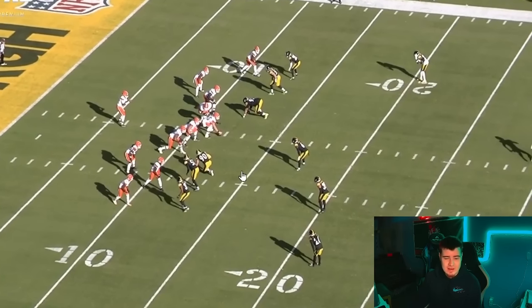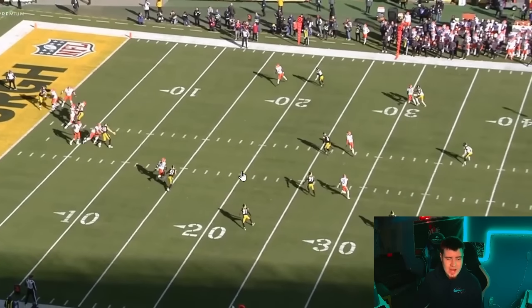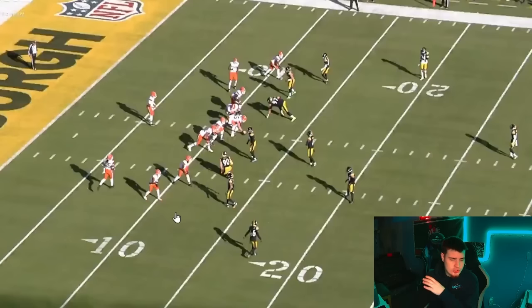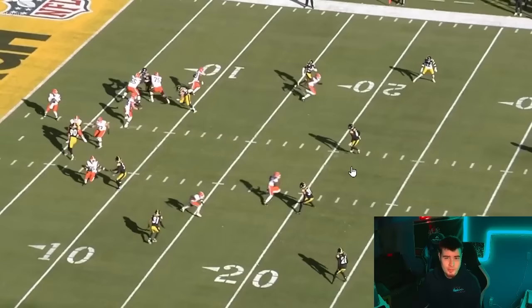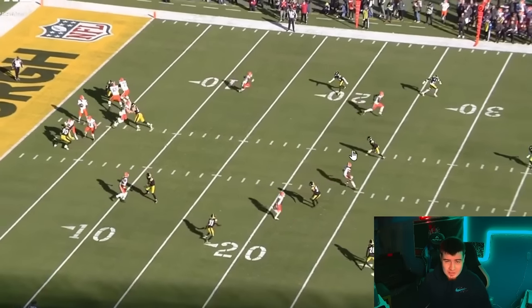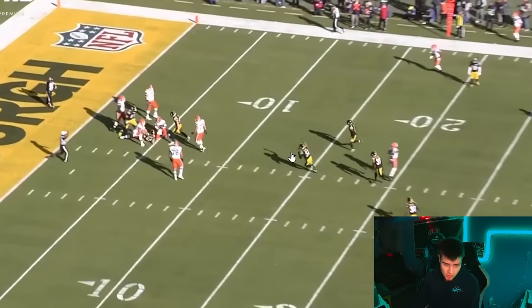Guys, you don't see this every day. When you have guys like Nick Herbig and TJ Watt and Alex Highsmith and Preston Smith and all these guys who can just generate pressure on a quarterback, it makes you one of the most dominant teams in football. And one of the most important things in the NFL, right, is protecting your quarterback. But for the opposing side, you need to get to the quarterback, right? Protecting the quarterback and getting to the opposing quarterback. The Steelers are one of the best teams, if not the best team I have seen in a long time,